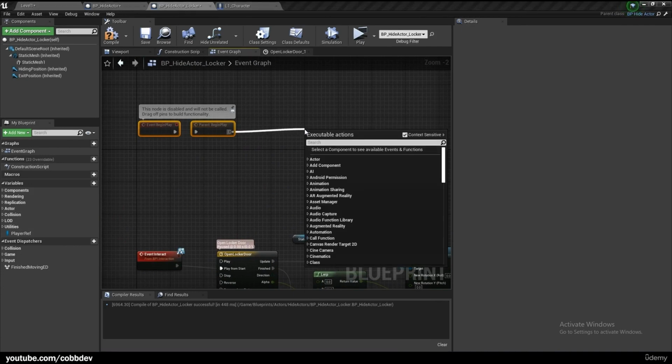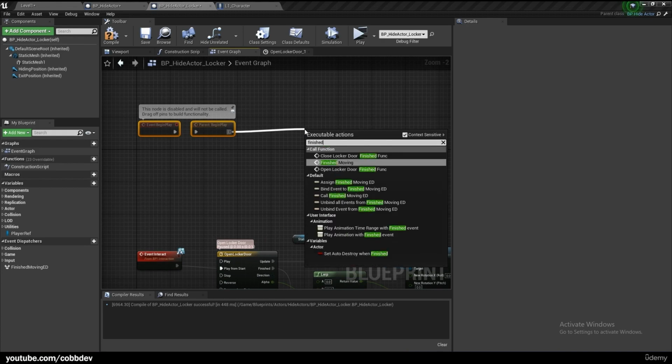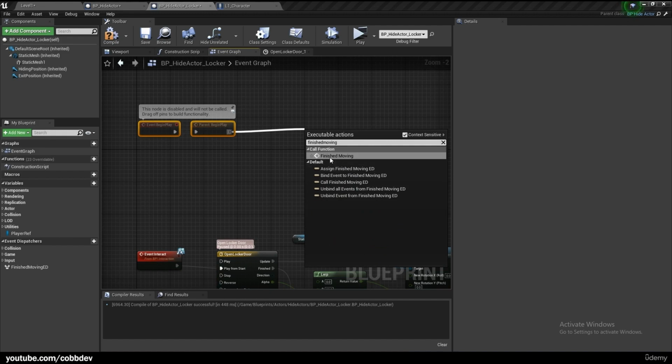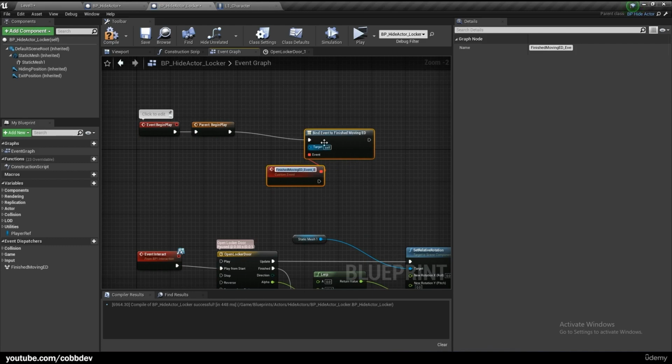And we just need to assign this event dispatcher. So we can search for finished moving, but we don't want this finished moving function. That's the event that we made. We want the finished moving ED, event dispatcher. And we have all these different options. And what we want to do is assign it. This creates both a node and an event. And we can call this event. Yeah, we could just leave it as that, or let's take out that 0, but we can just call it